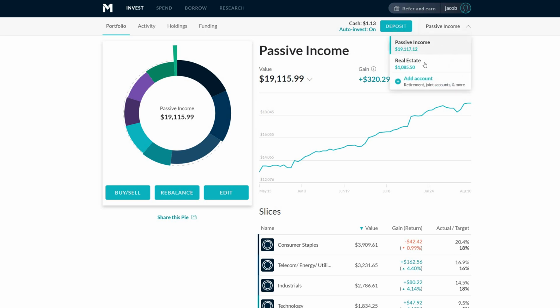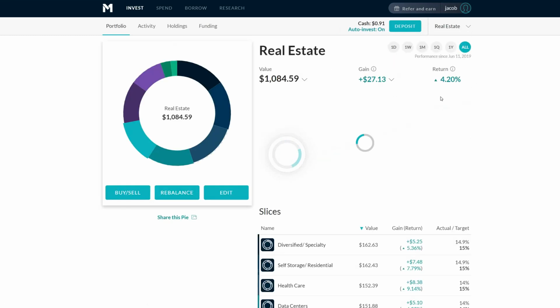But today I want to take a look at the real estate account, or real estate portfolio, here within M1 Finance. Now, I don't have near as much invested into this account. What I do with M1 Finance is I leverage dollar cost averaging. I shared a video about this last week. This is something that I live by. Regardless of what the market is doing, I'm always buying. I'm always averaging in. If the market goes up, great. If the market goes down, great. I get to buy something at a discount. It helps me to control my emotions. It's something that's worked for me, and I plan to continue doing that.